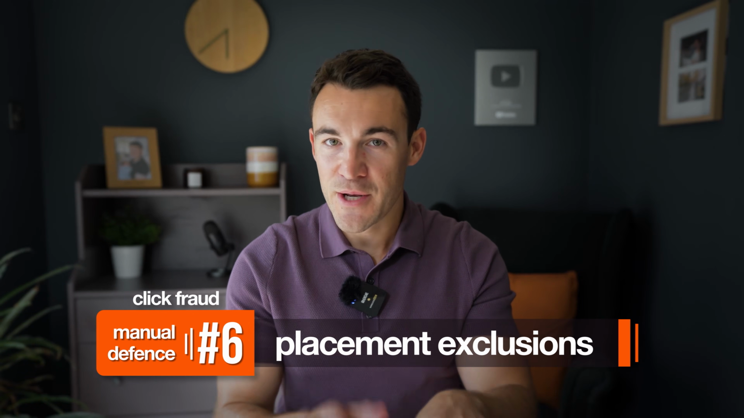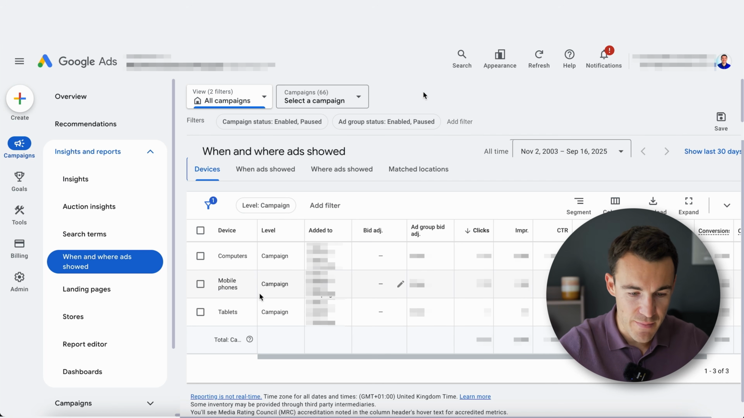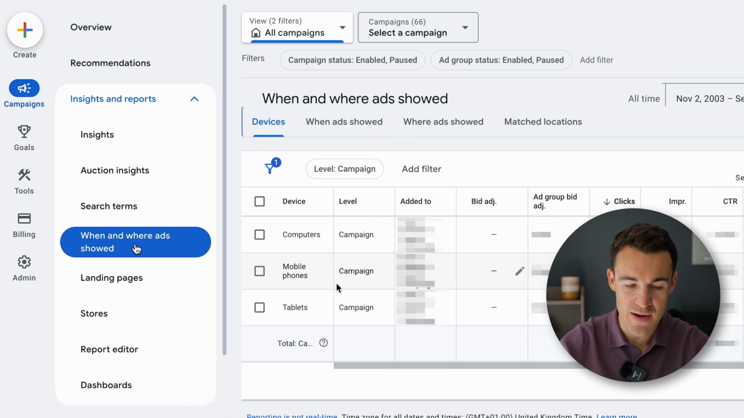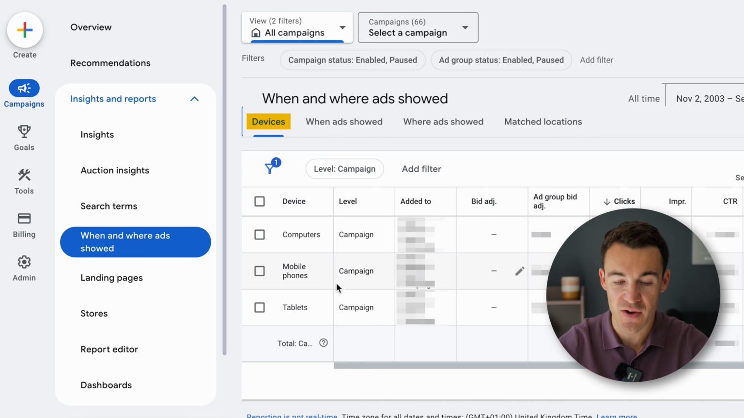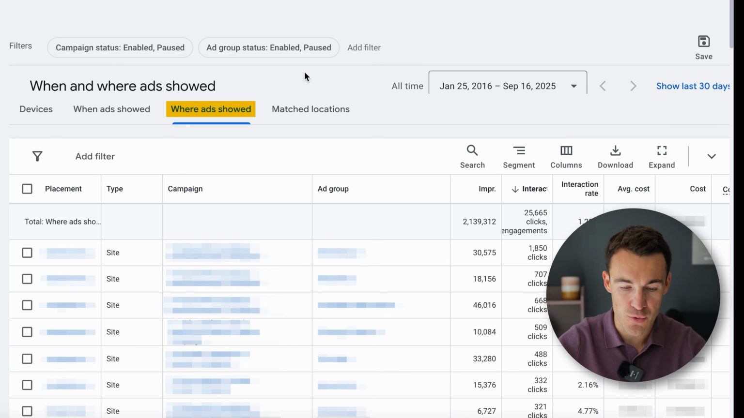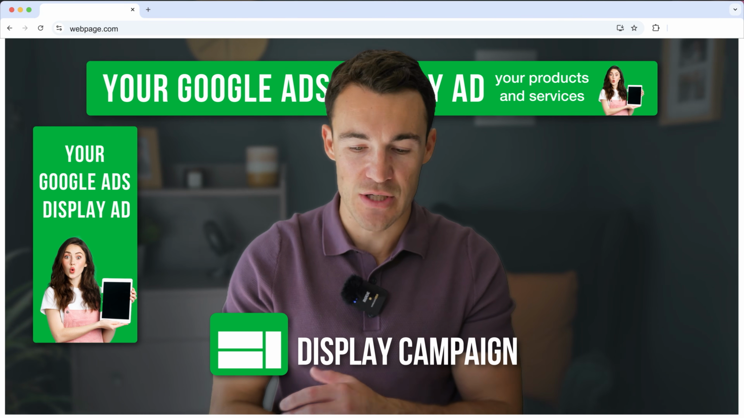Number 6 is placement exclusions, and you can get really quite specific here. So if we go back into this example Google Ad account and we go back into this insights and reports section and we've got when and where ads show, this is where we had the devices info over here. We can also click on where ads showed and we can see here on the left hand side placements. So this, for example, is going to apply to certain campaign types more than others. So like a display campaign being a classic example of where you might want to take a look at where your ads are being shown, where the clicks are coming from and decide, is this actually where we want them